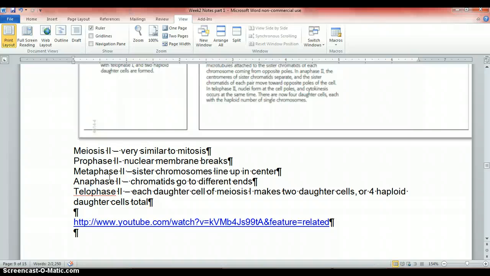So meiosis 2 is very similar to mitosis. Prophase 2, the nuclear membrane breaks down. It wasn't really formed, but it might be there for a second. Metaphase 2, the sister chromosomes line up in the center. That's what we do in metaphase. In anaphase, we split. But now chromatids, the little chunks of chromosome, go to each side. And then in telophase 2, each of the daughter cells